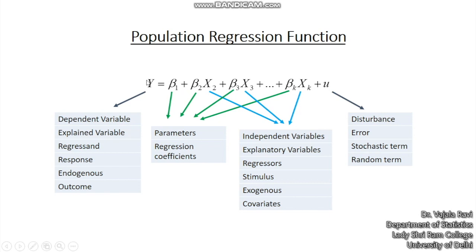The reason being that y earlier was being explained by just one variable xi, but now it is being explained by more than one variable. In a nutshell, we are trying to increase the explanatory power. And we understand that every phenomenon is not affected by a single variable alone. It is affected by a group of variables, many variables at the same time. So in order to accommodate those many variables, we are now looking at a multiple regression model. So there are multiple slopes and there is of course an intercept.